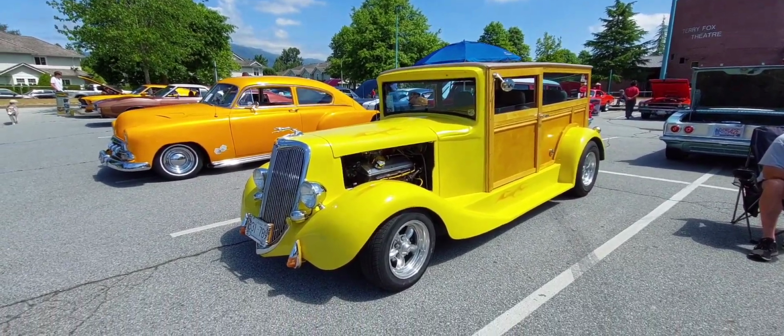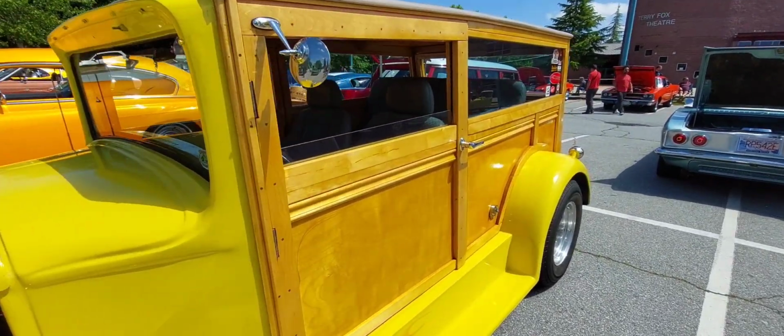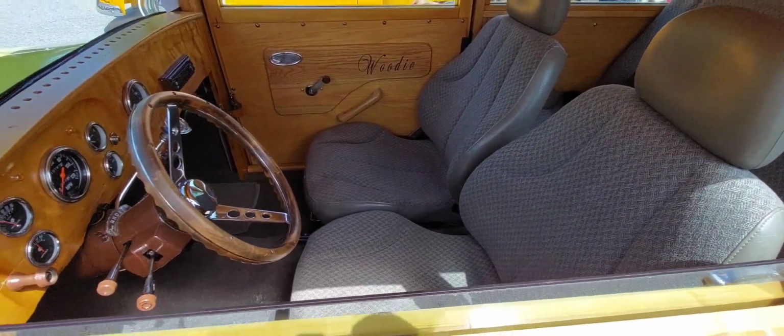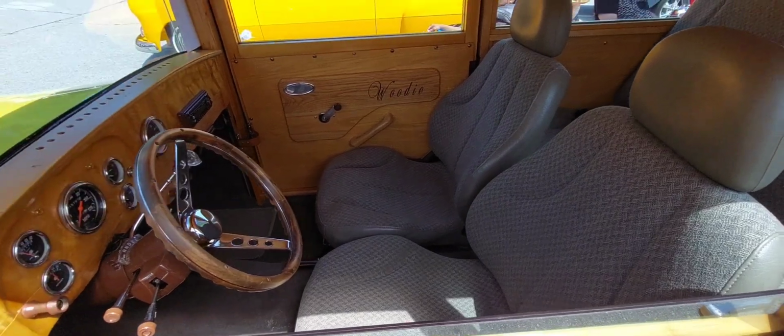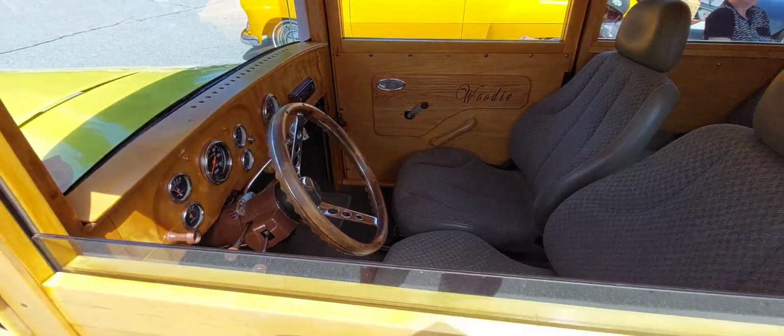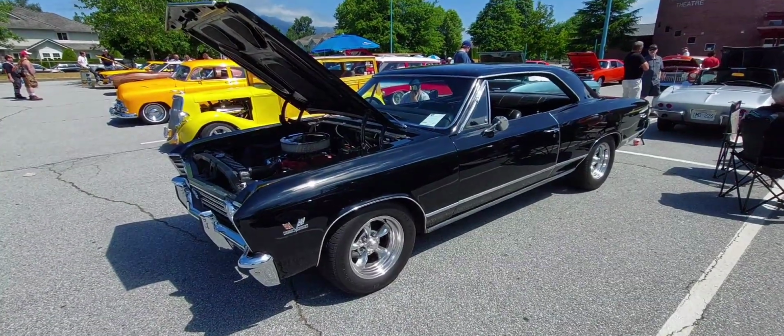That's one way to keep the engine running cool. I wonder what they have to do to all this wood to keep it from getting old. And this thing has upgraded seats, which I definitely approve. We've got Best Beats over there, still looking at